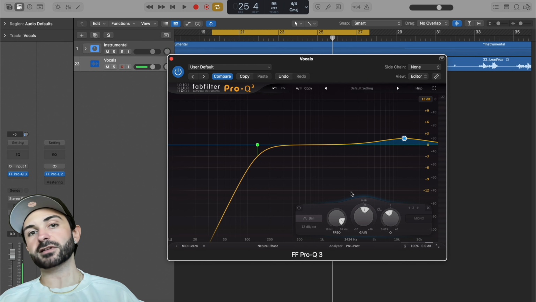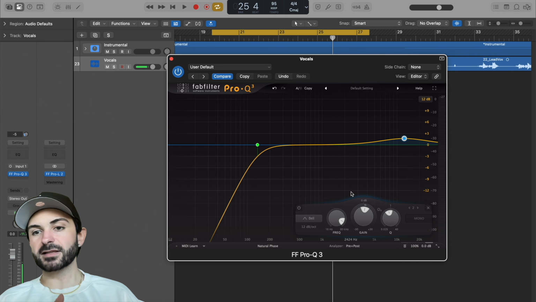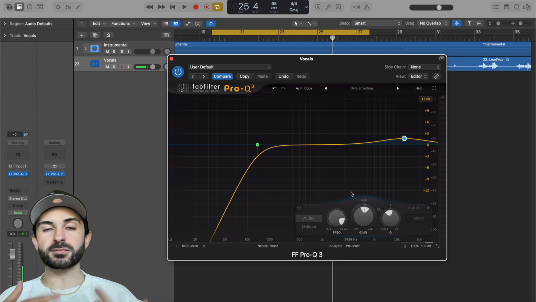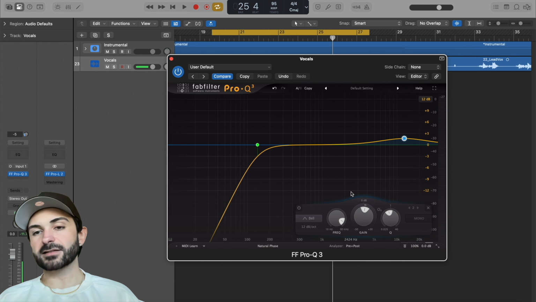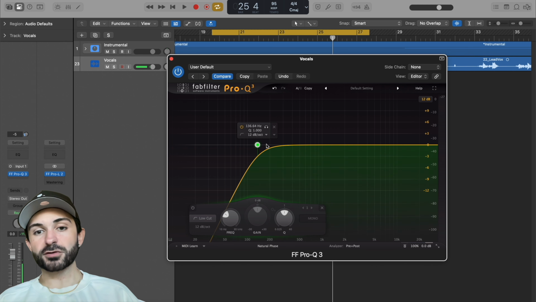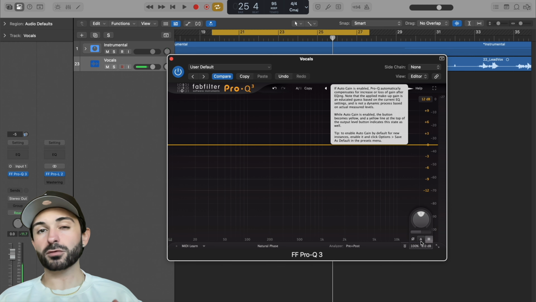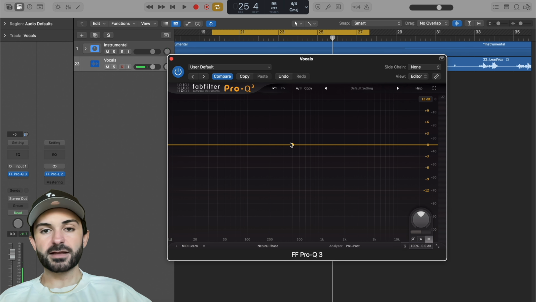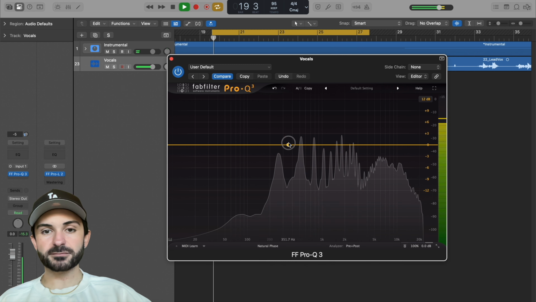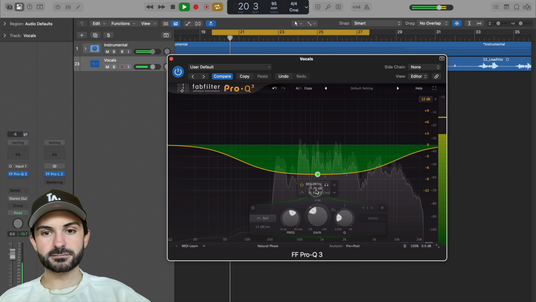So what it'll do is it'll keep the before and after at the same volume. So if you're boosting a lot or cutting a lot, you could be changing the volume, which can mess with your perception, your gain staging, signal flow, a lot of things. But if you click that, it'll always keep it at the same volume, which is nice for hearing only EQ differences. So watch this. If I were to take a bunch of cuts out,